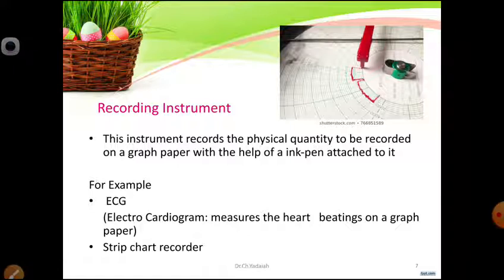What do you mean by the strip chart recorder? It has two pointers, one drum on which there is a graph. It is nothing but similar to the seismograph. It is moving, it continuously records the value and the vibrations. So we can see the figure also. These are some examples. Let us see the example of ECG, how the ECG is recorded, our pulse, heart beating, and the strip recorder.